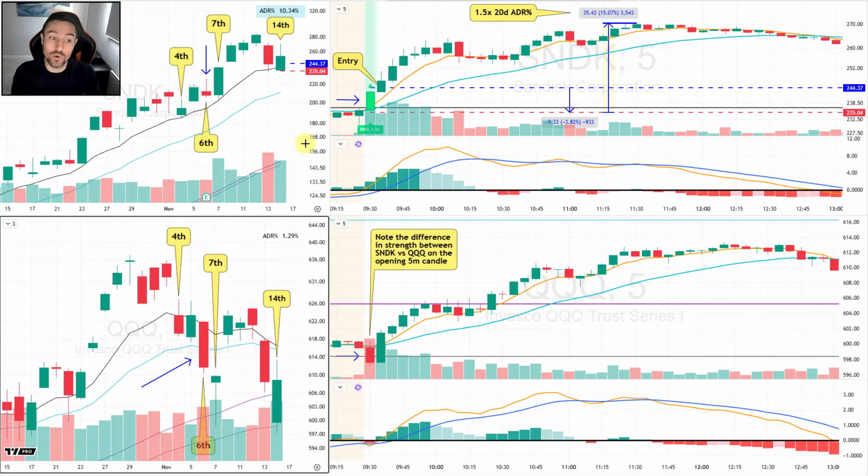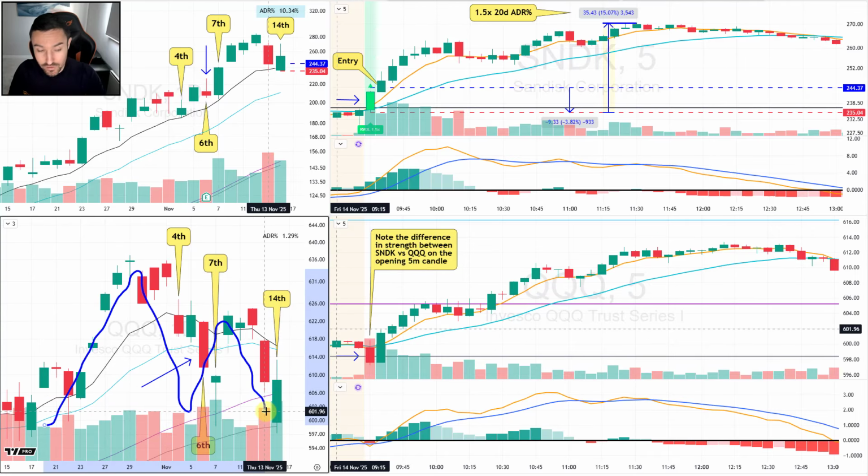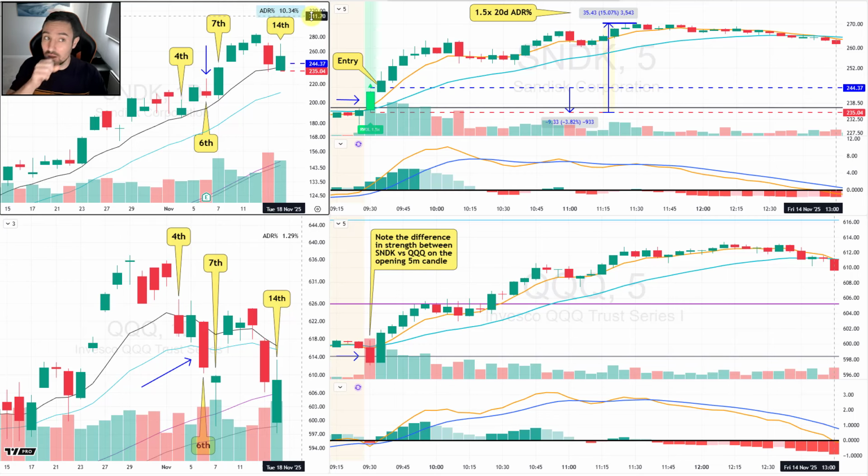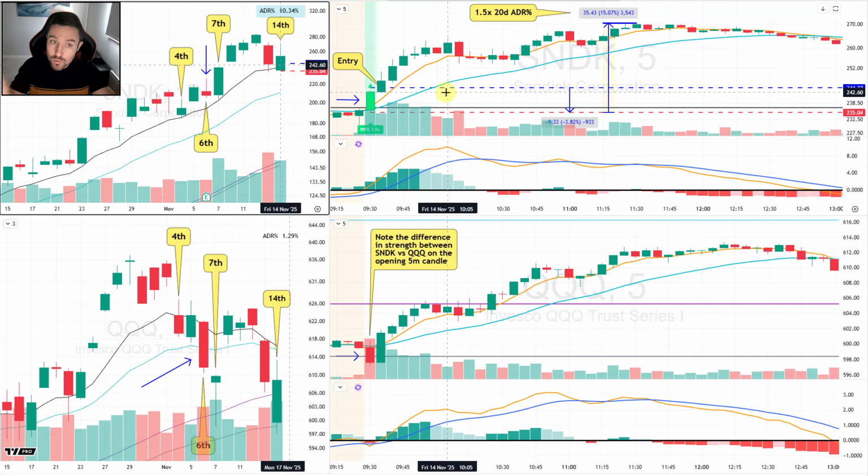Now can I pinpoint an entry in what is a choppy market? Look at this. Back and forth chop. Can I pinpoint an entry in one of the leading TML type stocks that also has an ADR of over 10%? Here we go. So then on the 5-minute chart,